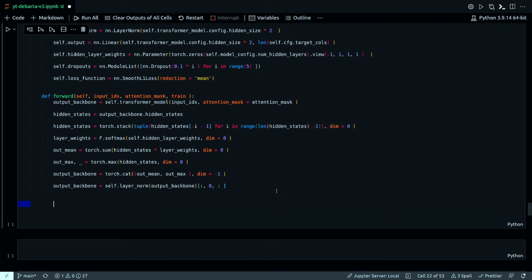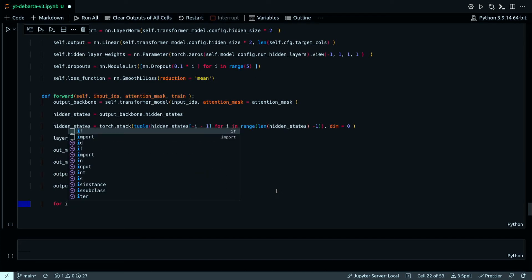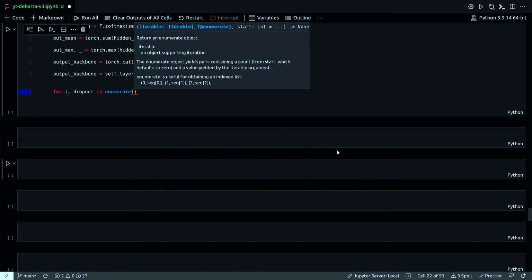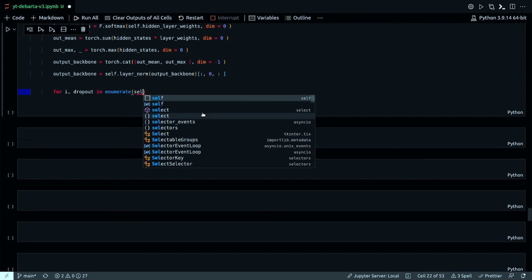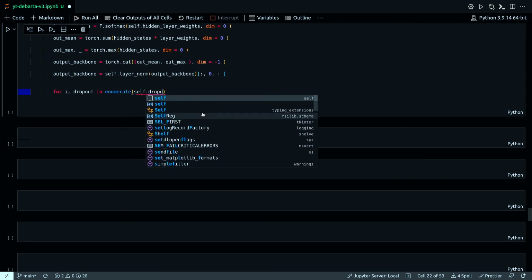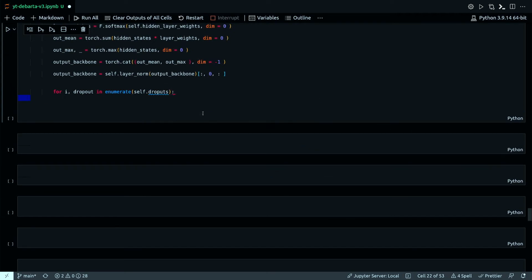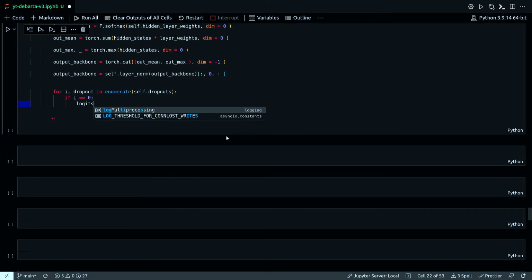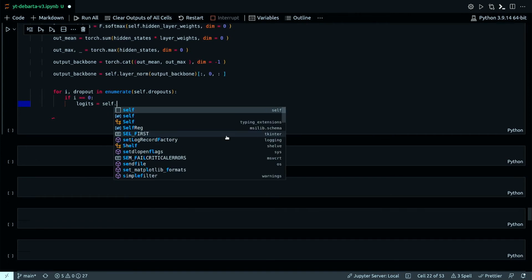Now, configure for multiple outputs. Dropouts. self.output.